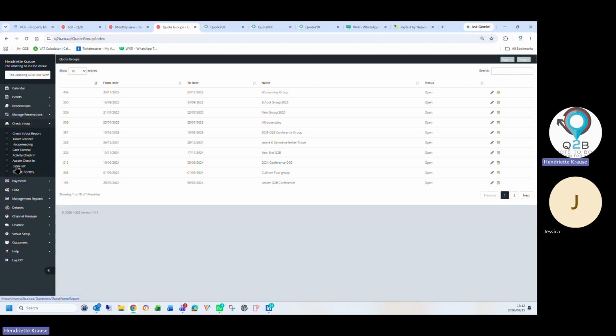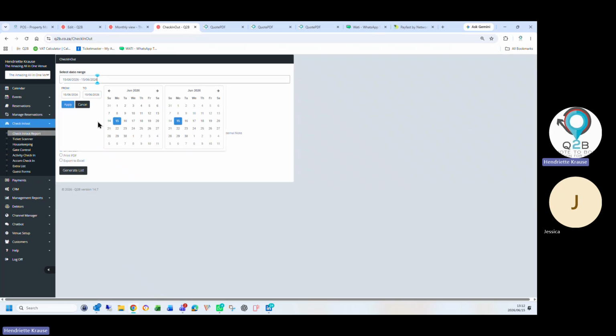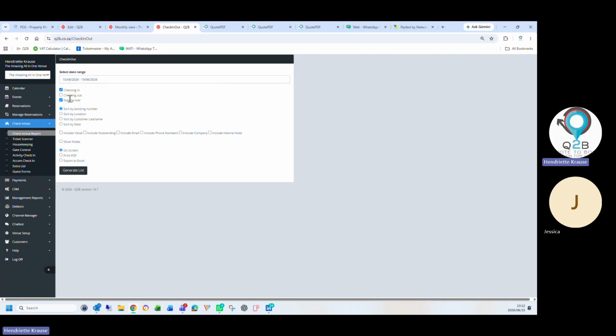So that is the check-in app I showed you. Under the check-in, check-out, we also offer reports. So your full check-in, check-out report, you can pull it from today. You can say, I want my check-in, check-out, and stay over all on one report. I want to display if they still owe me money. And I want to include the customer's telephone number.